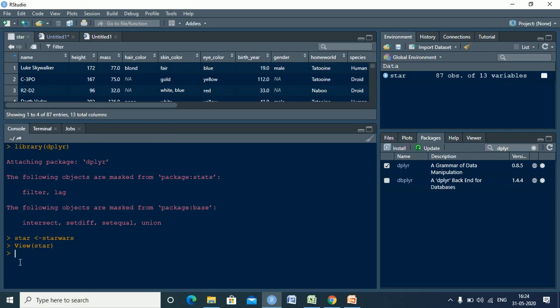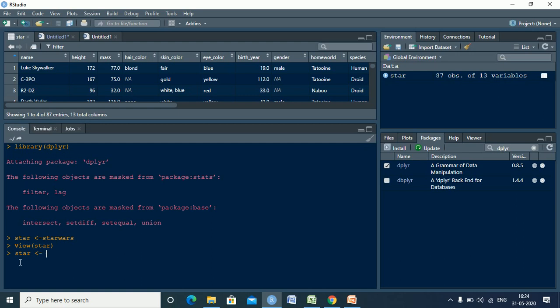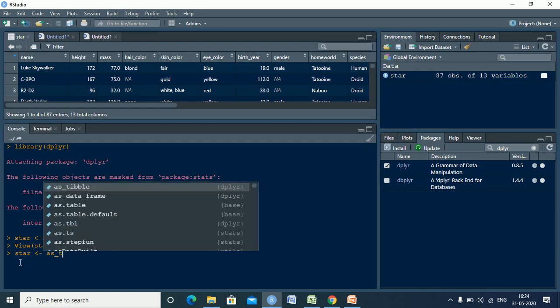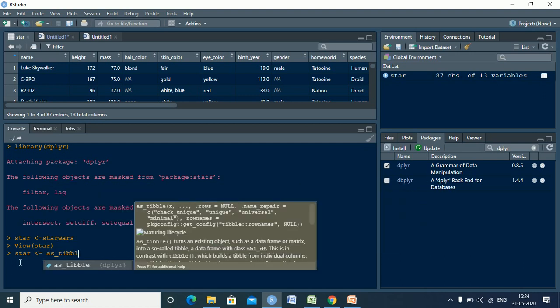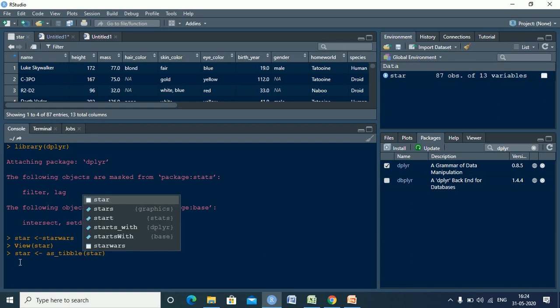So there is a very useful package available in your tidyverse by the name of Tibble, right? So we will say that consider star as Tibble, right? So we want star to be considered as a Tibble table. Now what is a Tibble table?